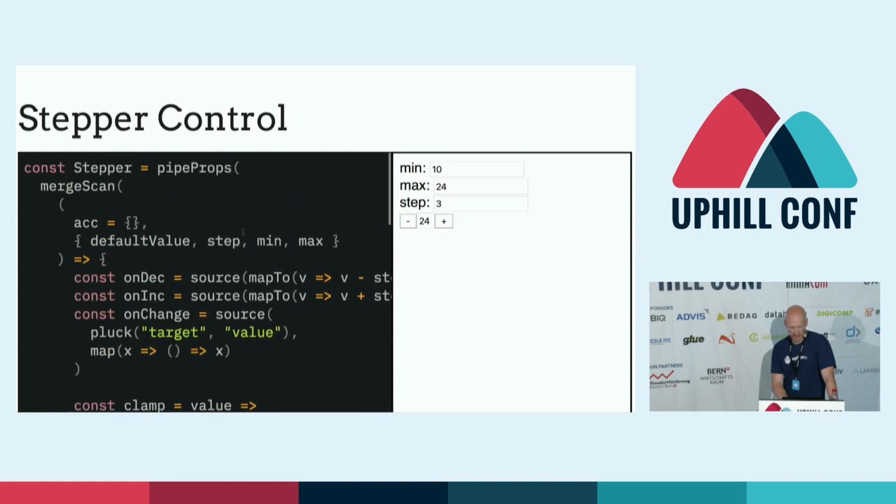And then inside of my stepper, the concept of stepping up and down through something, I get to use a fun operator, which you don't get to use much, but it's pretty fun, called mergeScan, which allows you to take through the observables the previous and next values and compare them to make sure that there is now a